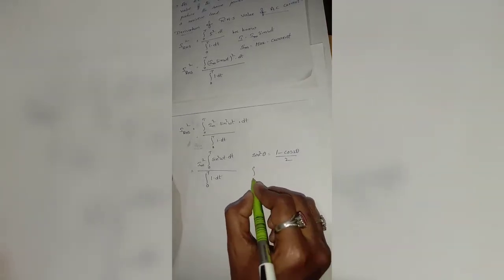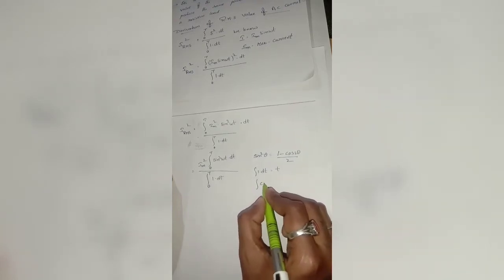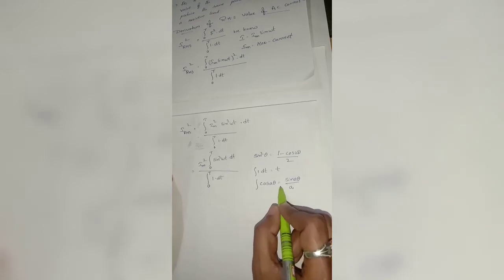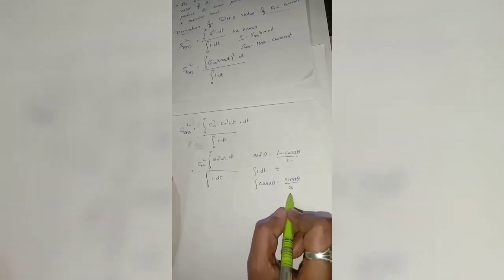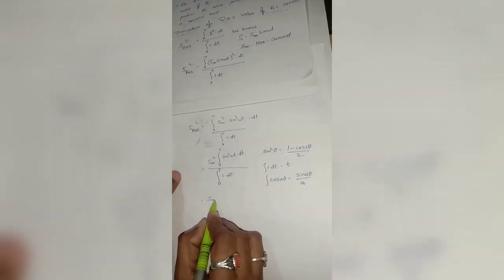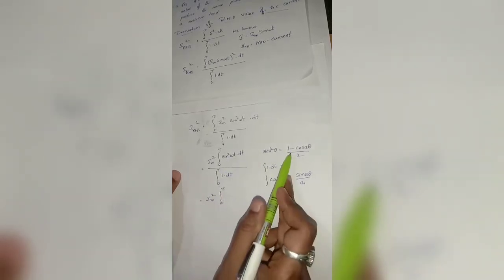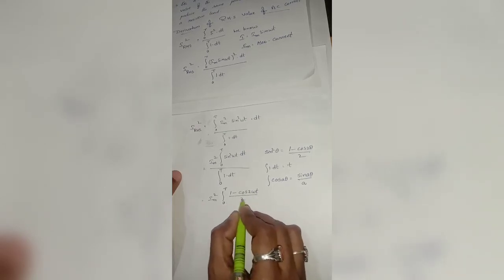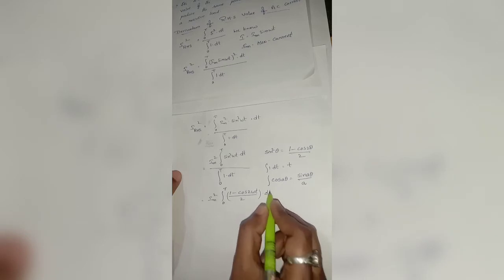Integral of 1 dt is equal to t. Integral of cos a theta is equal to sin a theta by a. These formulas we apply here. This is equal to Im square, integral of 0 to T. What is the sin square theta formula? 1 minus cos 2 theta by 2. That means (1 minus cos 2 omega t) by 2 dt, divided by